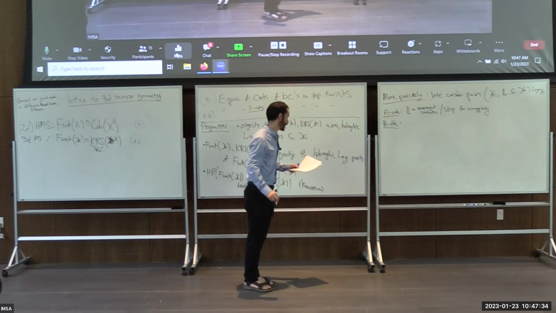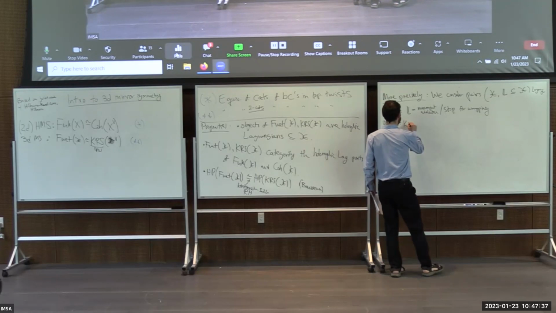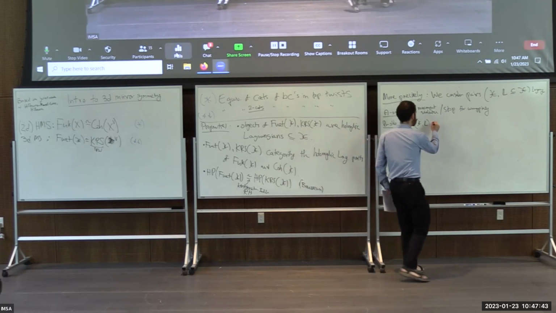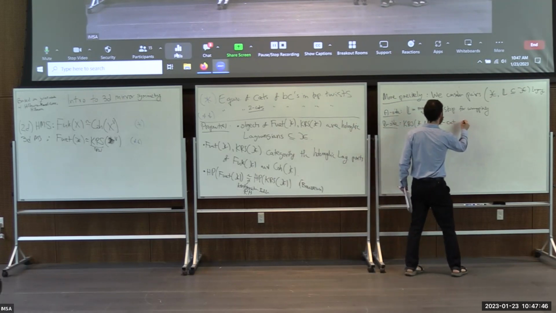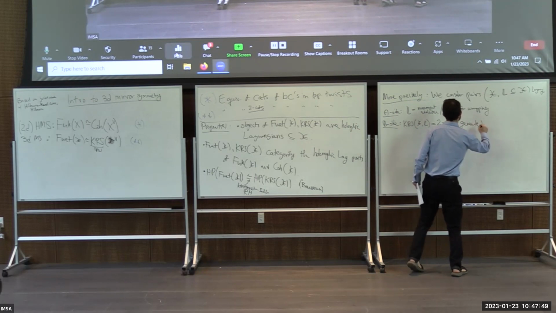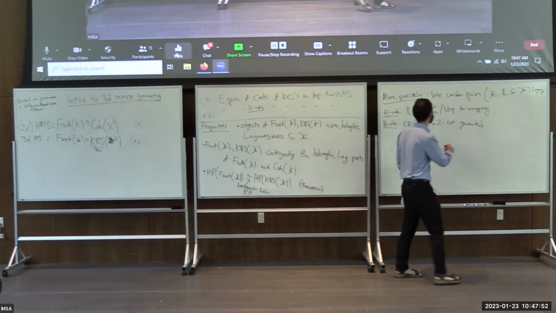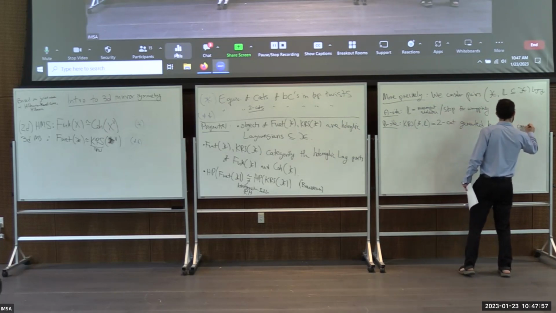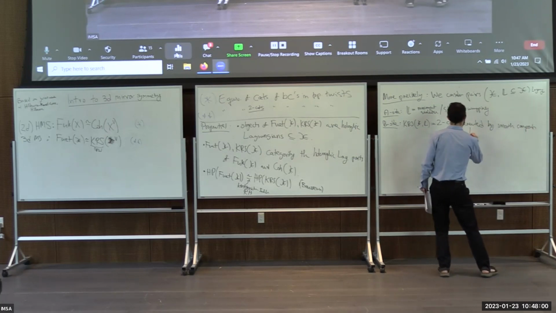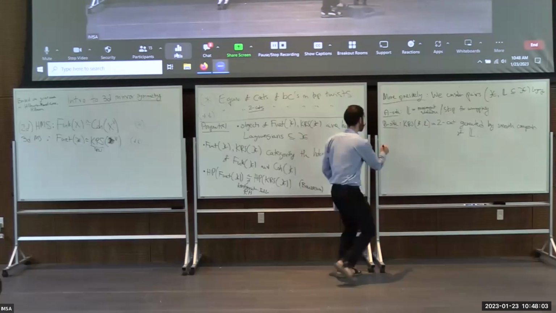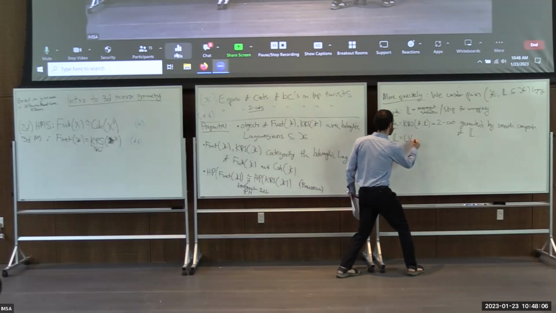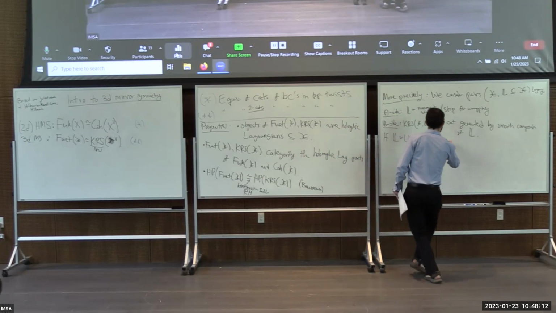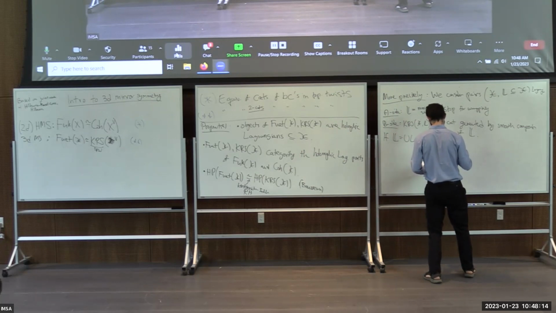if I specify this L, what I'd like to do with it is consider the 2 categories. So I'll call this KRS of X comma L. And I would like to think of this as the 2 category generated. Let me assume that L is a union of smooth components. Then I can ask for the 2 category generated by smooth components of F. And so if L is a union of these smooth components, Li, intersecting cleanly,